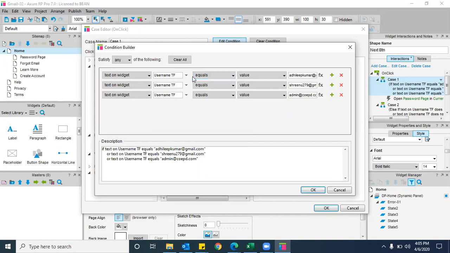And the next step is select the condition case, either equals to or does not equal to, whatever. The condition case and the value.